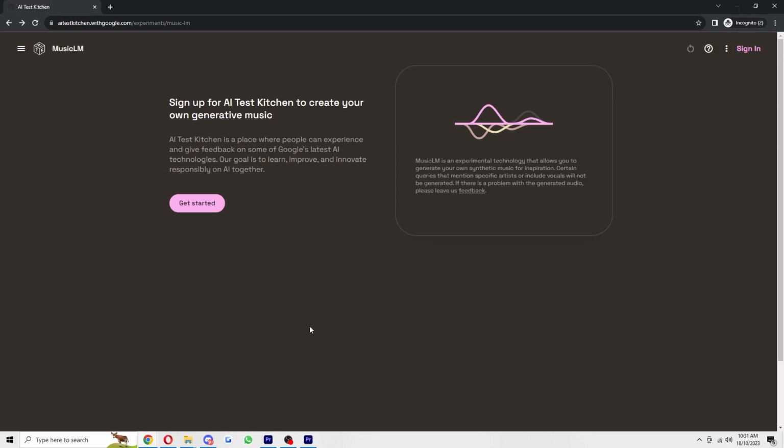Today I'm going to be showing you exactly how you can make AI generated music. Now this is one of Google's newest products and it is basically a text to music AI generator. And it allows us to put in a prompt and it will then create some music based off our prompt. Now it's currently in an experimental version at the moment and you do have to sign up to get access